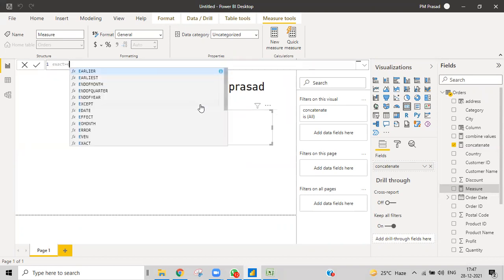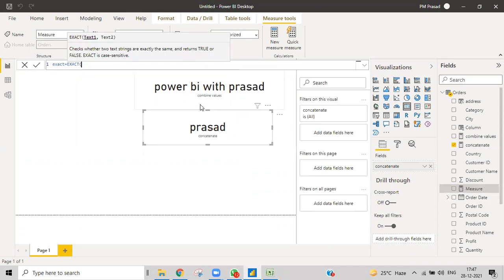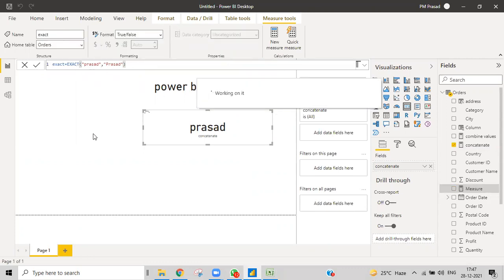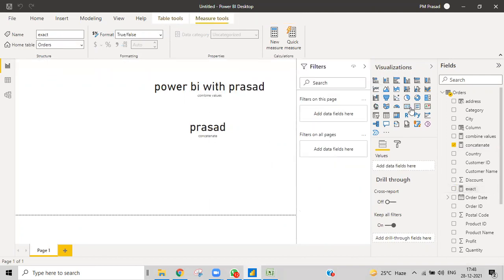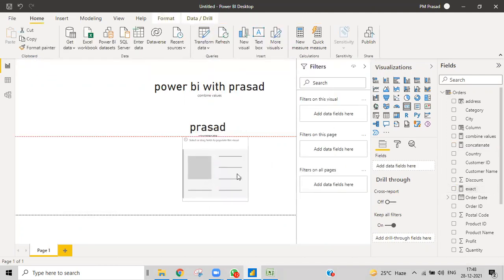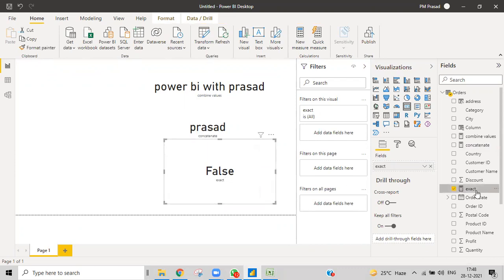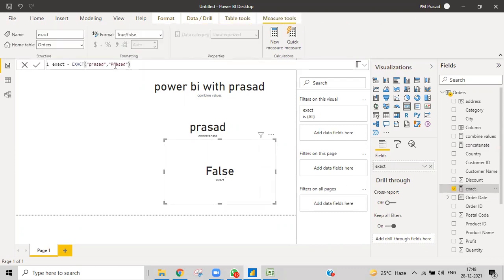Then text one is PRASAD, and afterwards again I want to write PRASAD with a capital letter. What will we get? True or false? False, because I've given a capital letter over here.